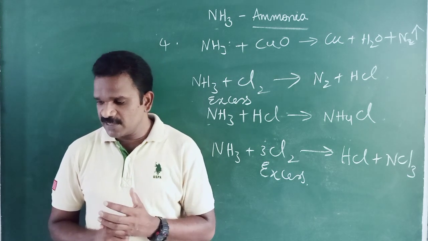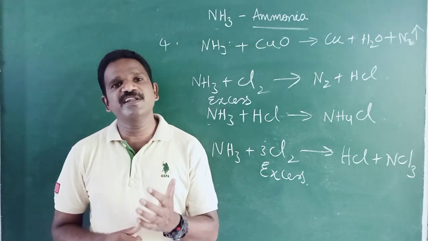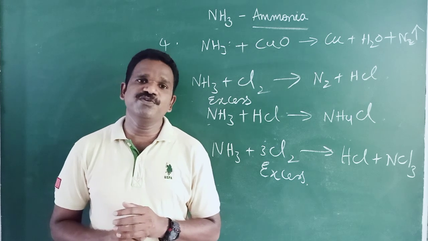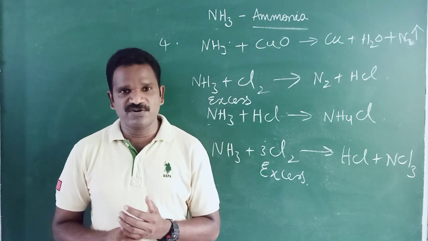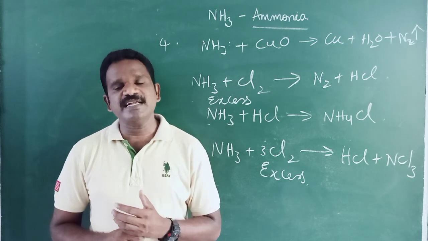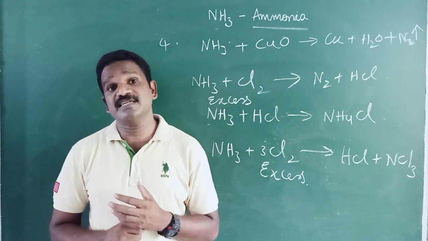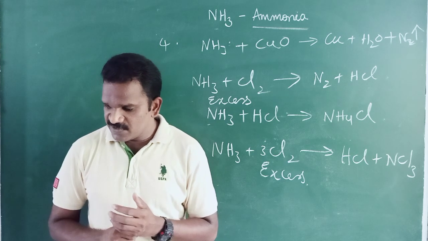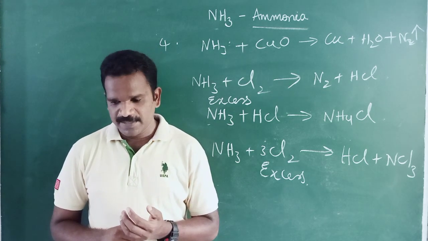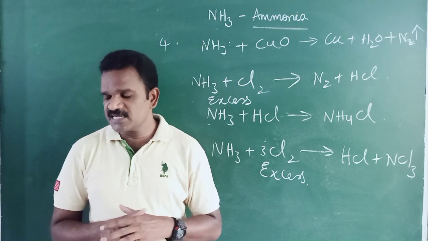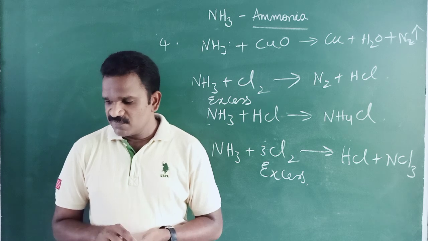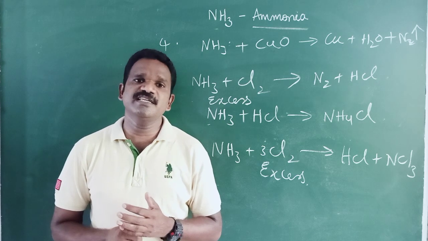Now similarly, ferric chloride. When ferric chloride is treated with ammonium hydroxide, we are getting a reddish brown precipitate of ferric hydroxide, which is insoluble. Thirdly, when colorless lead nitrate is treated with ammonium hydroxide, we are getting a colorless precipitate of lead hydroxide. And fourthly, when colorless zinc nitrate is treated with ammonium hydroxide, we are getting a white gelatinous precipitate